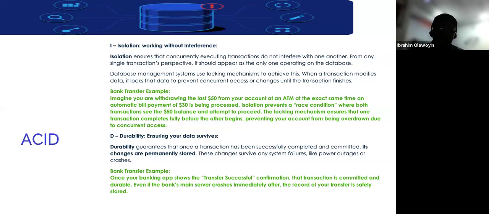What is confirmed as succeeded is recorded and committed. Even if a second after you get your confirmation a system crashes, it still validates the former state of it having succeeded. That is what durability